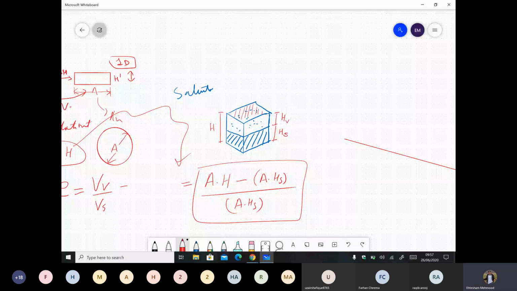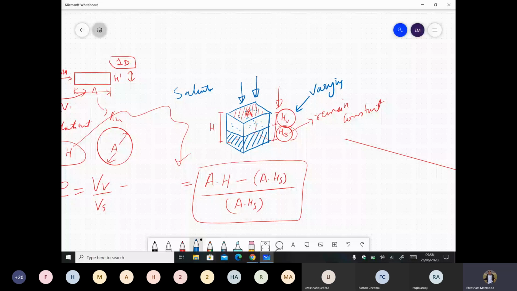So we know that there is only deformation happening in the vertical direction. That means only hs remains constant because there is no deformation in the soil solids. So height of soil solids will remain constant, and only hv is varying. If I compress this soil in the three-phase diagram, there would be change only in the height of the voids because area is constant and hs will remain constant.